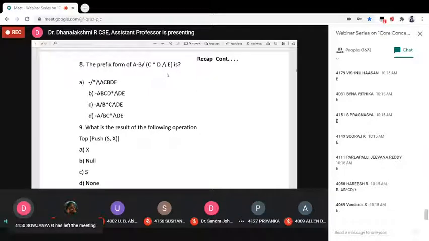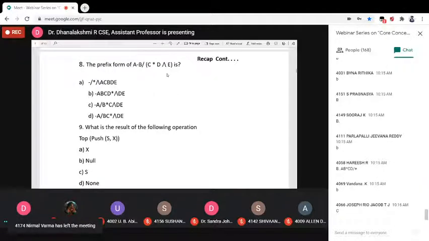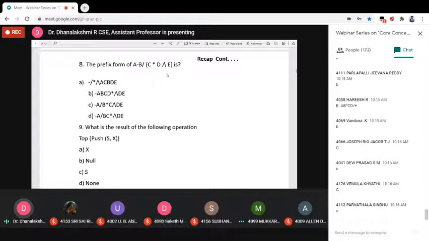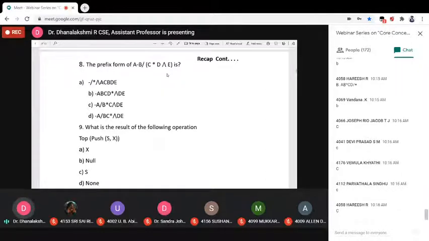Again, you have to check all the operator precedence rules one by one. As usual, if an operand is there, you put it in the prefix expression output box. If an operator is there, you push it into the stack and check the operator precedence rule. Now give me the answer for this prefix form. Just you try. The only small constraint is you have to scan from right to left. Any one of you? Give the correct answer. I will accept. Expect the correct answer from you. Either A, B or C or D.